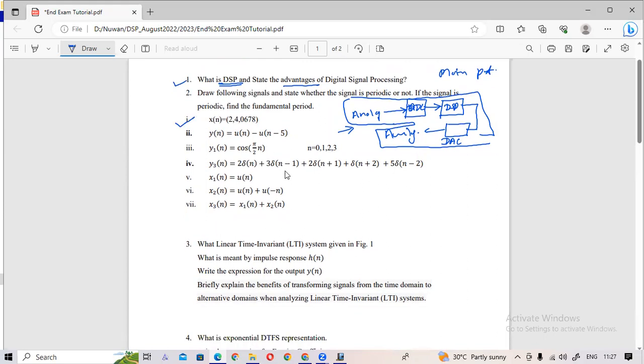This is a digital signal. These are digital signals, so you can tell these are digital sequences. So this is one sequence, x[n] equal to 4, 0, 6, 7, 8, like this. Here the zeroth sample is not marked. If the zeroth sample is not marked, you can simply consider the first one as the